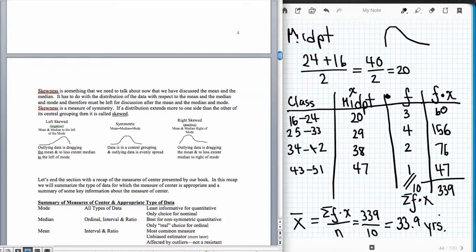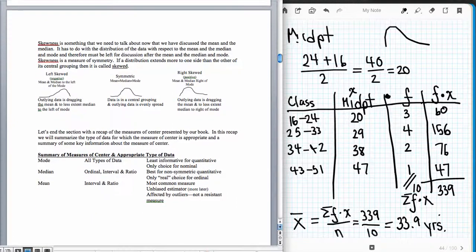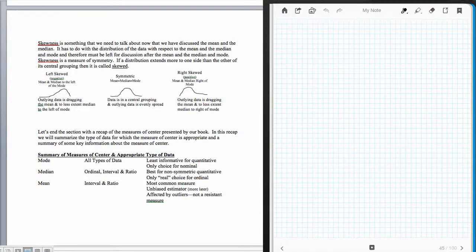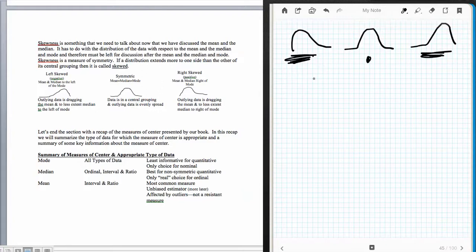ever. So now it's time to start to talk about skewness. So remember before we talked about skewed data, and we talked about having this skew, and we talked about having this as fairly symmetric data, and then we talked about this. And we said these here and here were skewed, and we called this symmetric. Well, skewed data actually has a name attached to it, and we did talk about that a little bit, the fact that this one's called right skewed data and this one's called left skewed data. And it has nothing to do with where the bump is, it has something to do